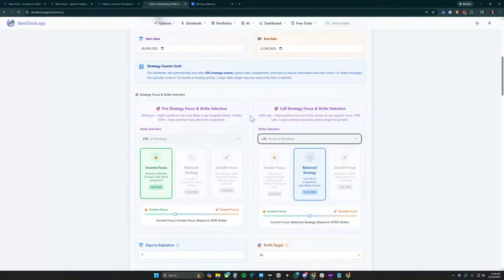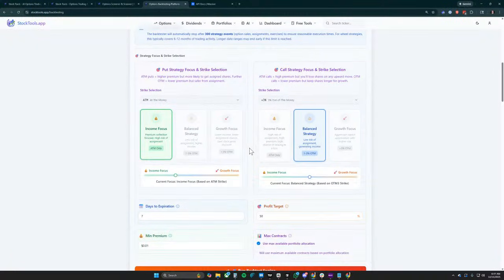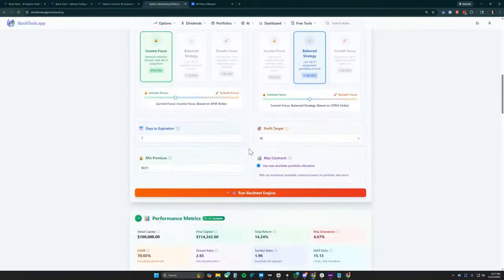And so I did that because, as an actual wheeler, I sell puts more aggressively, and then I sell calls further out of the money. You're trying to get that income back. You're trying to get that price improvement once you do get assigned. Usually, some people like to just sell at the money instantly and just get all that premium. But you have that option.